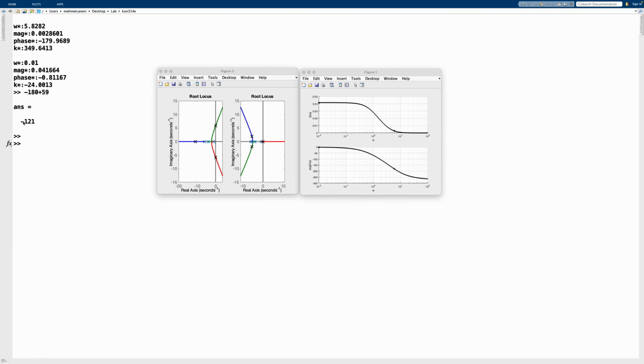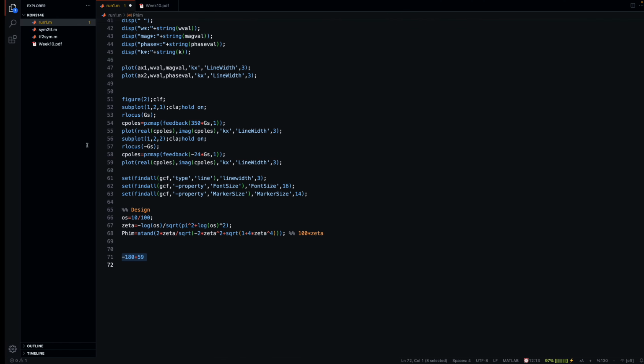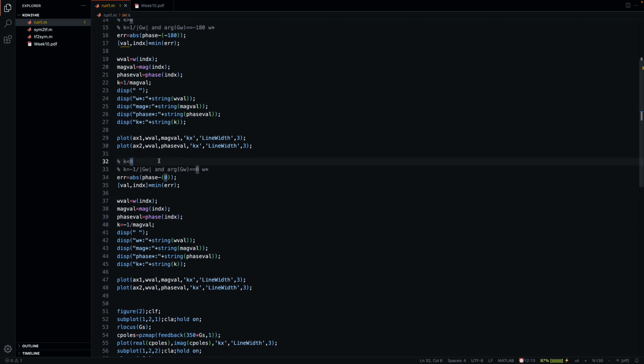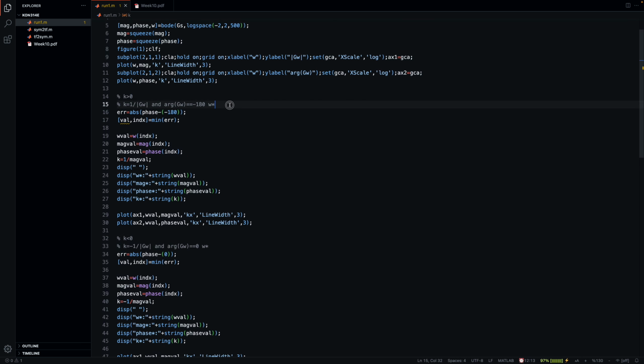100 minus 121. So we're claiming that if we design a controller that will end up in this phase angle instead of minus 180 degrees, we should get the overshoot value that we're looking for. So let's test that. So how can we basically test this? I'm just going to take this one here,